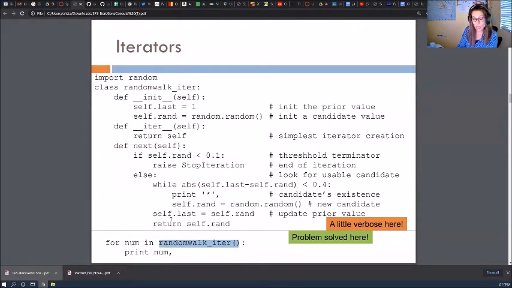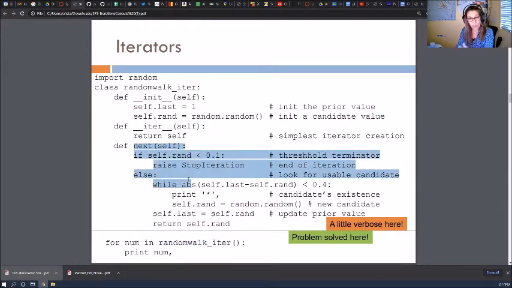What's going on here is that each number is being generated as it's being needed. This is not going to generate everything first and then call the for loop. No, it's only when the for loop asks for the next that this method next is going to be called, and the next number is going to be added to the collection.